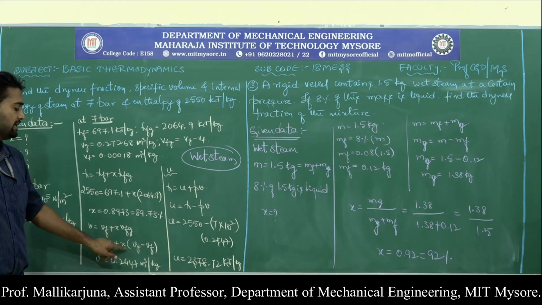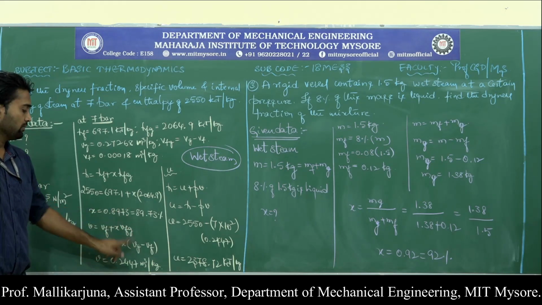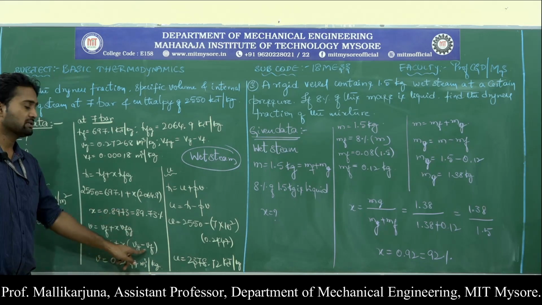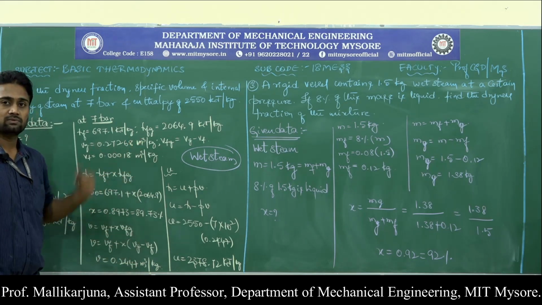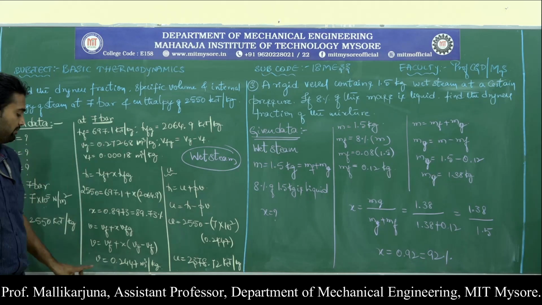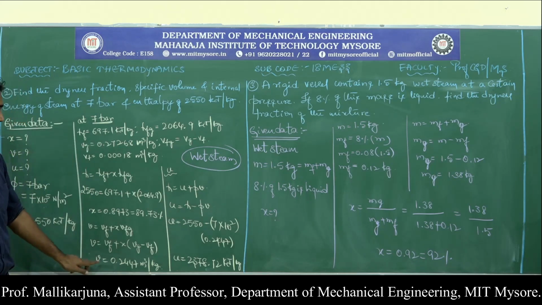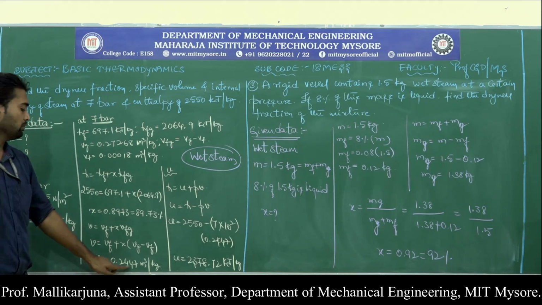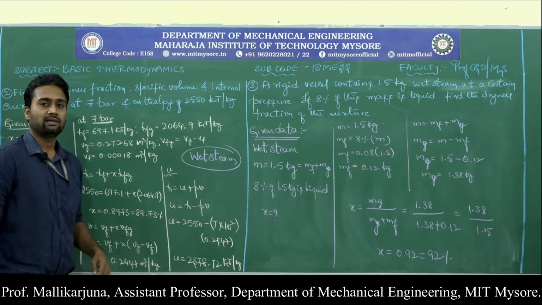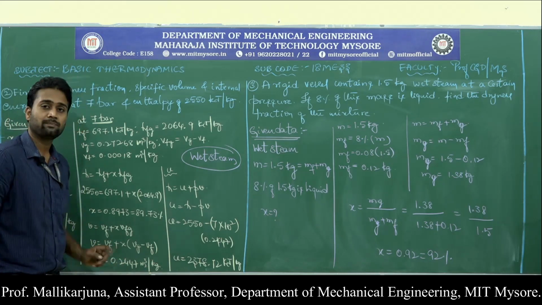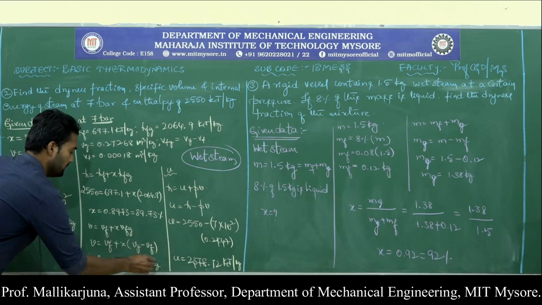v is equal to vf plus x times vfg. I am very aware of x now. vfg can also be written as vg minus vf. I have extracted vg and vf from the data handbook. If I substitute the values, it will turn out to be 0.2447 meter cube per kg. What is the meaning of this? Specific volume is this much,